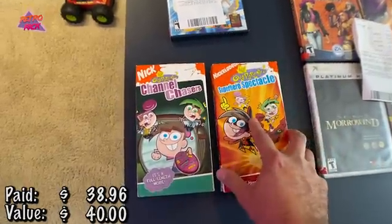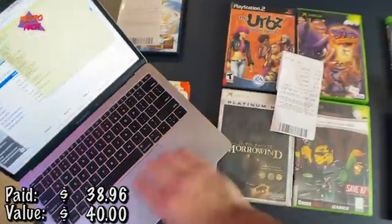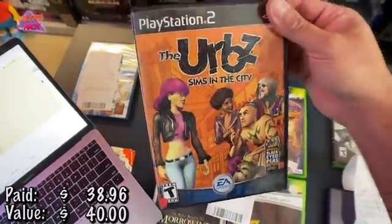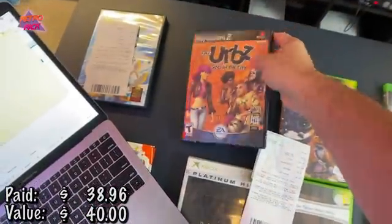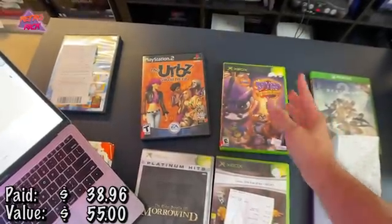Let me know if anybody out there is interested in buying those. And then moving over here to these games, we have the Herbs Sims in the City. Sims is the only game my wife likes to play, but I don't think she's going to be into this one. This one sells for 15. We also got these for 6 each, which is terrible, but for some reason they changed their price at this